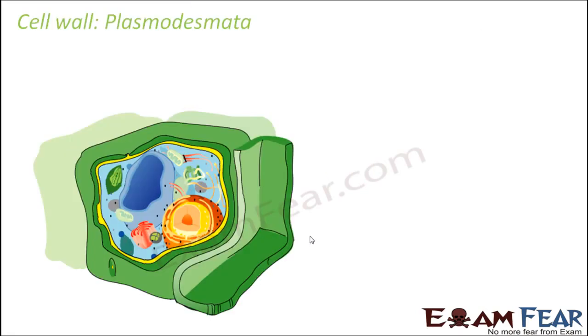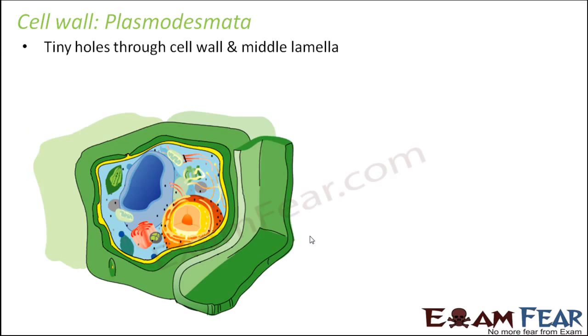Okay, so this was about the different layers of cell wall. Now we will talk about another important part of cell wall, which is called plasmodesmata. Let us see what they are. They are tiny holes through cell wall and middle lamella. Here in this picture, you can see some tiny holes. These are nothing but